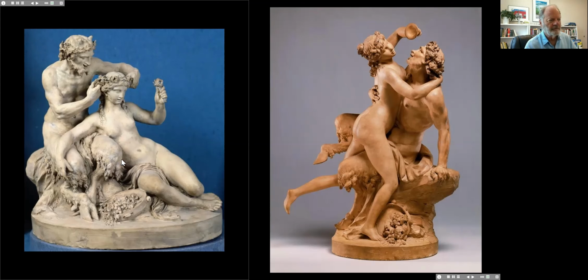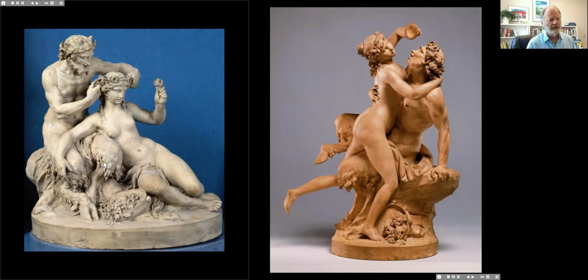Now, the favorite material of Rococo sculptors was terracotta. Terracotta sculptures are created in an additive technique rather than a subtractive one. In other words, you build up this clay material and you can mold it with the hands. It's soft, it's pliable. Delicate effects are easily achieved, as opposed to the subtracting of material from a block of marble to make a sculpture as Michelangelo would have done it.